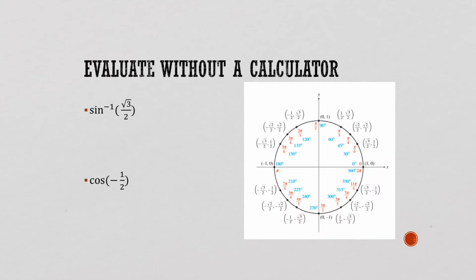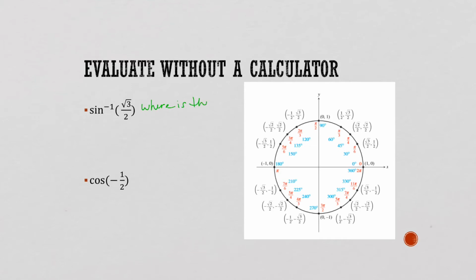Well, next question is evaluate without a calculator. So last class we talked about how do I work the problem forward? How do I find the sine of pi over 3 using my calculator, or the cosine of pi over 6, or the tangent of 60 degrees without my calculator? Well, now I want to know the angle measure. So remember, I'm talking inverse sine of square root 3 over 2. That means,